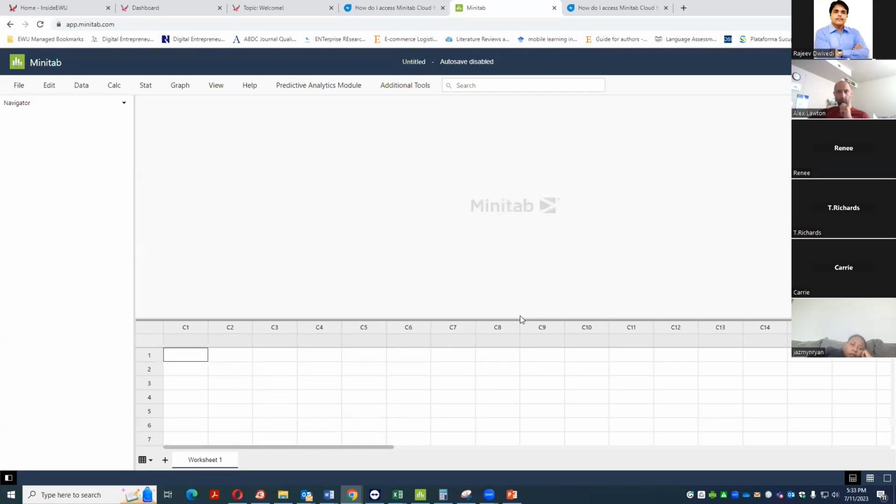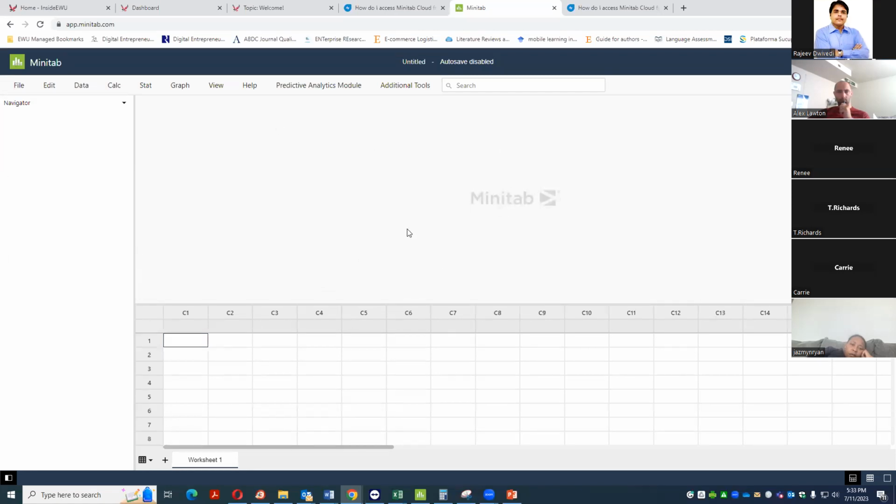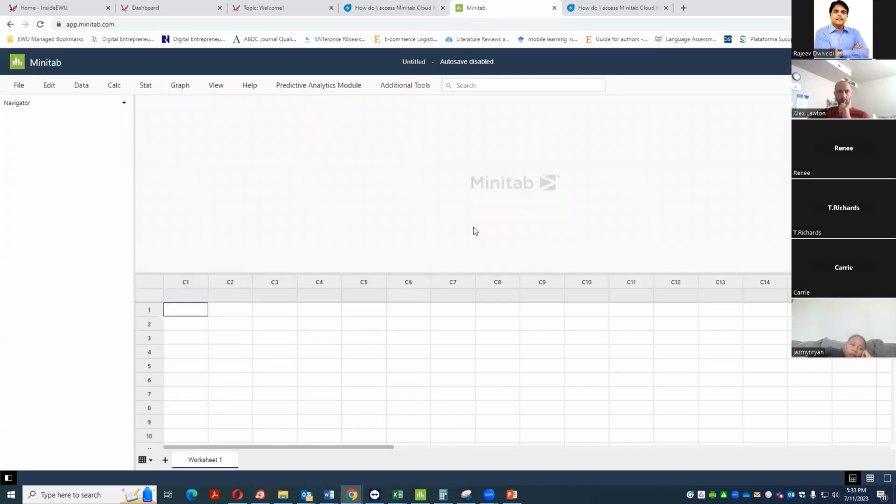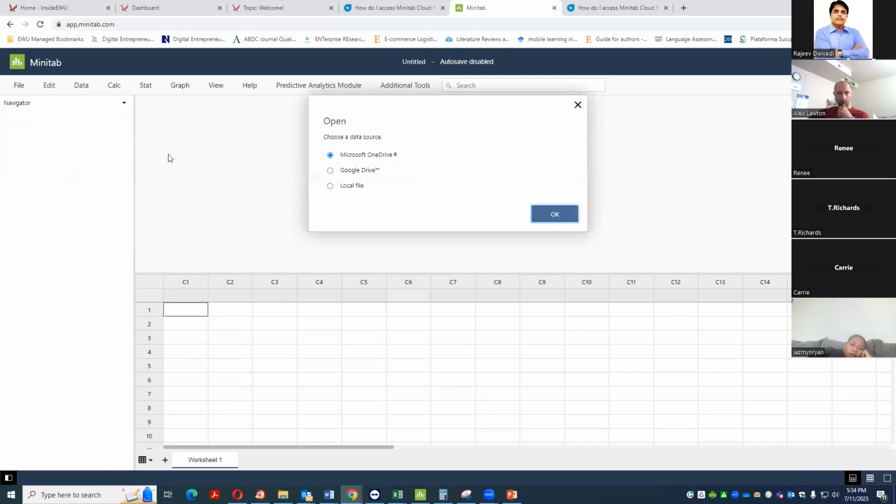dual authentication. However, directly, because it's my official computer, now I have Minitab available right in front of me. And all the options are right here within this window. First thing, how you import the data. So here under File, Open, Worksheet, and you can choose from local file, and then you can import the